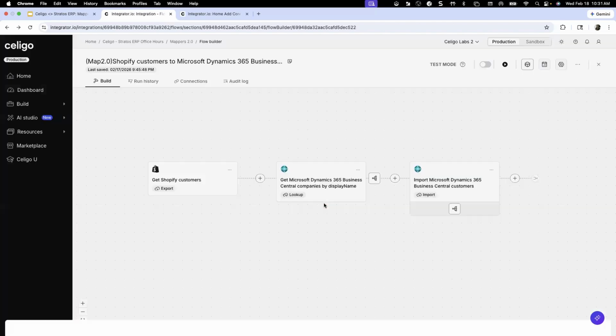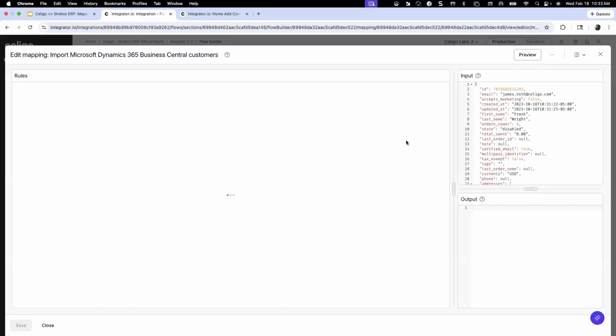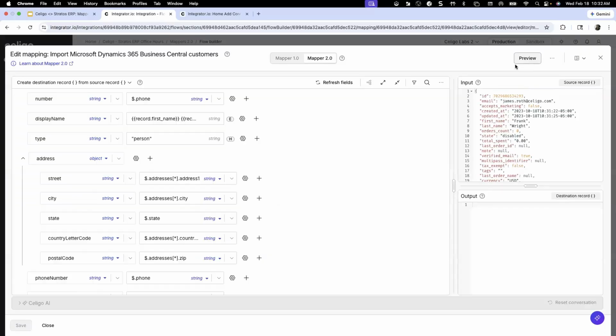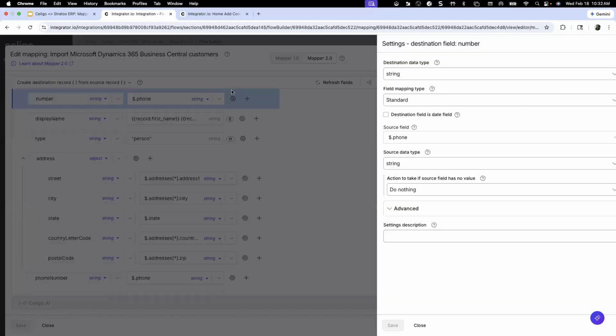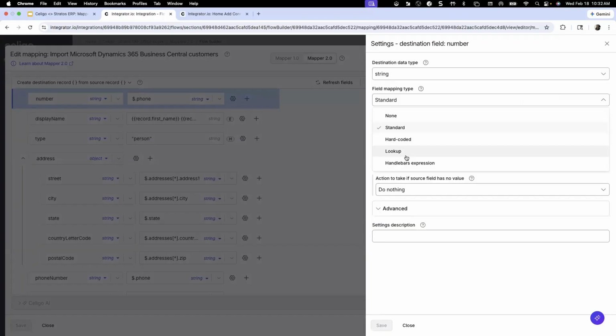Let me close this because I want to discard that particular change. And if I click on the gear icon over here, right? Again, from the mapping perspective, we support all the four different mapping types. I'm not covering each and every mapping in detail, but just want to highlight there are some differences over here. So for example,